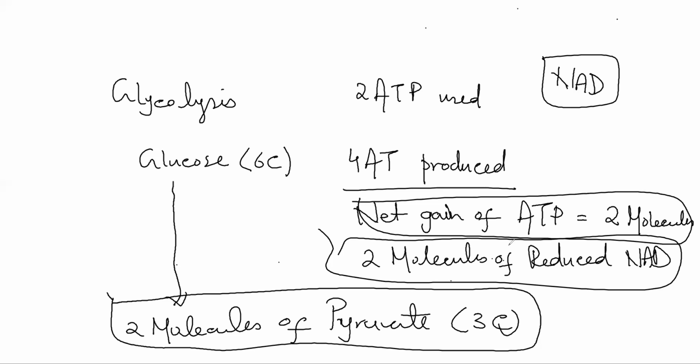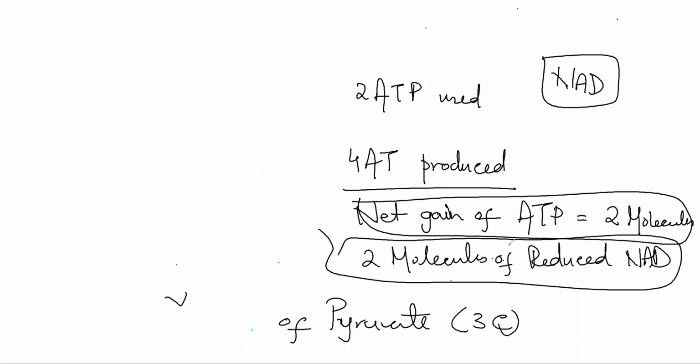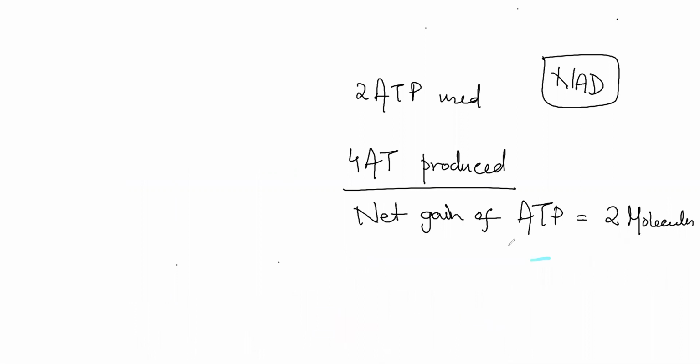What actually enters into the next stage of respiration, which is the link reaction, are the two molecules of pyruvate, and each molecule of pyruvate is going to enter into a separate link reaction. So two link reactions are going to take place simultaneously. Once again, summarizing the link reaction, we are going to discuss it with reference to one pyruvate molecule, but the same happens to the other pyruvate molecule.